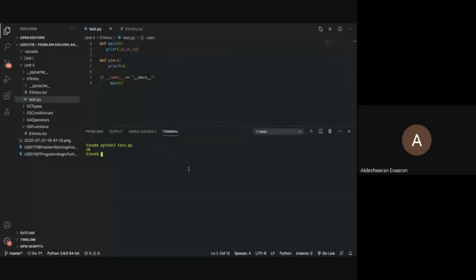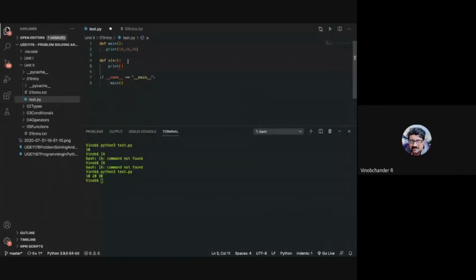Will it be taken as a list, sir, or a tuple? It's a tuple. So you can either do it this way, or as you have rightly asked, whether it will be taken as a list or a tuple, let us understand that as well.